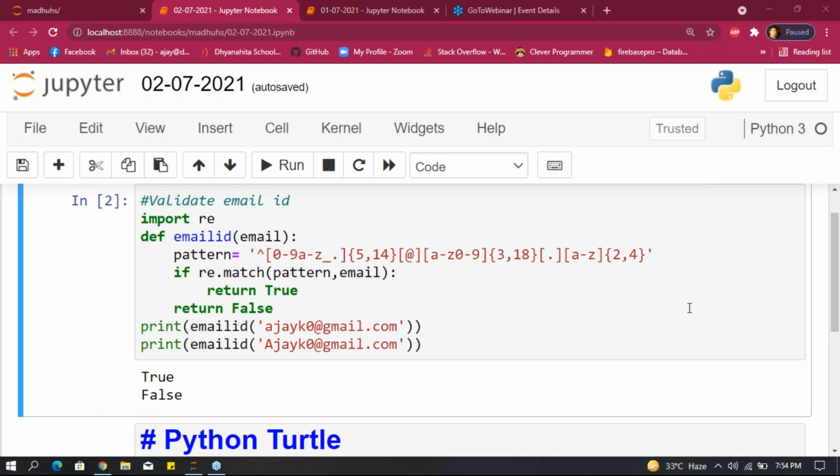Now, Rachna, please respond if it is completed. Rachna and Sushma, please respond, guys. Completed.